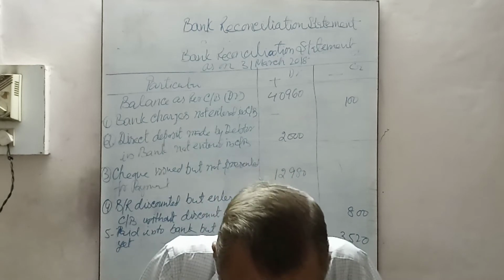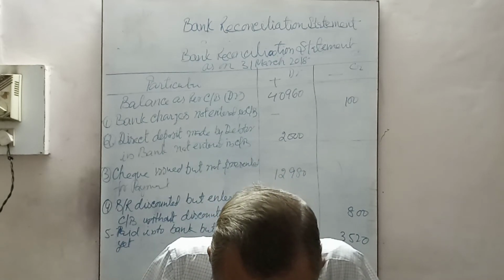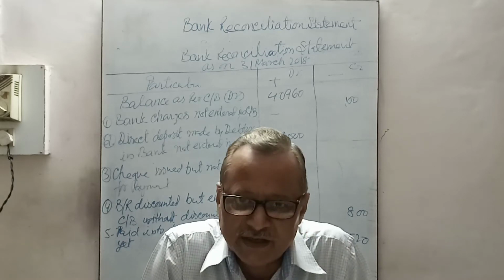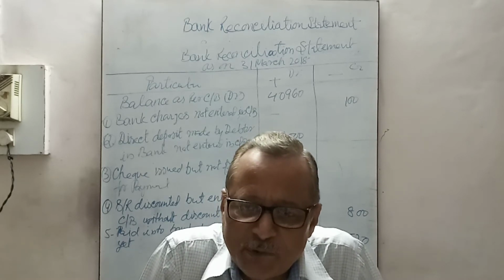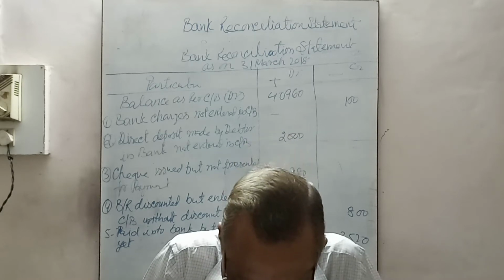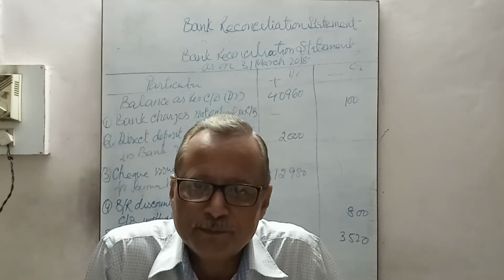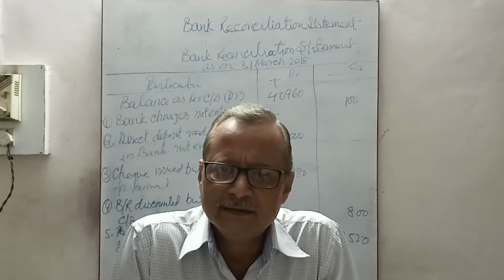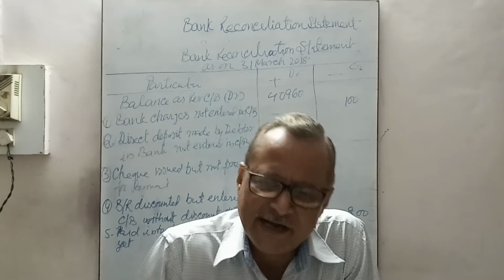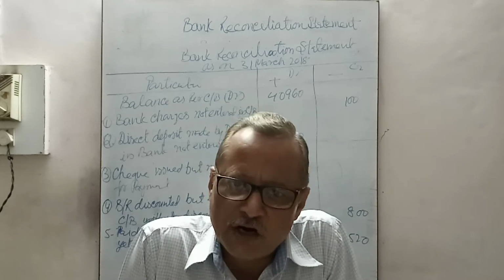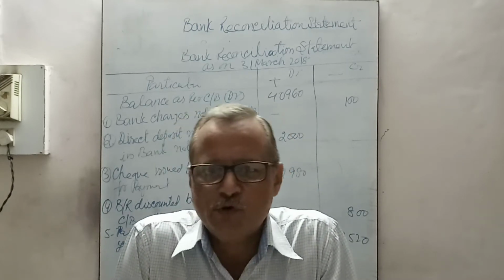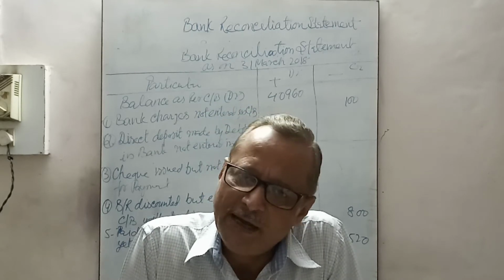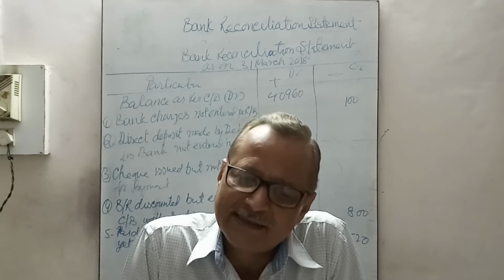And no entry has been made in the cash book to record the dishonor on March 15. It means one check was deposited in the bank, now it is dishonored and not entered in the cash book. Simply, the check sent to the bank was debited in the cash book but dishonored, meaning it is not credited in the passbook. So the cash book is showing an increased balance in comparison to the passbook, that is also a minus item.